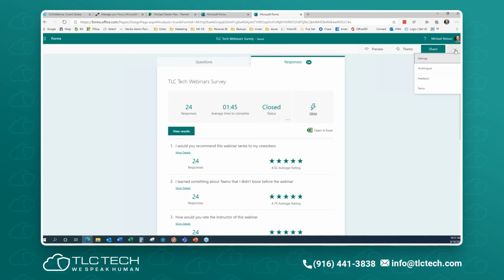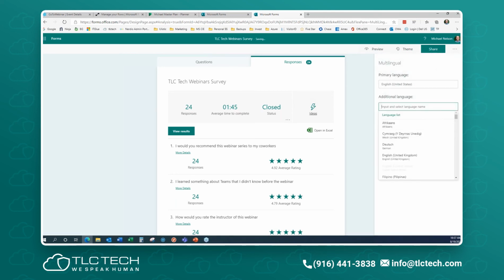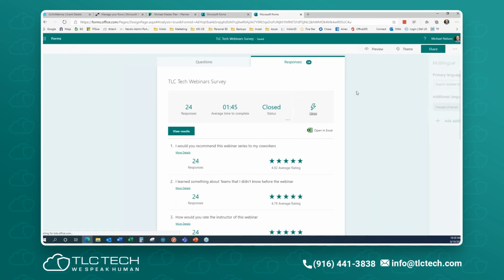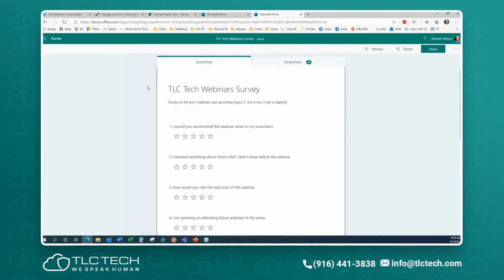You may also have noticed in here multilingual. I'm only going to show that because it isn't as cool as you would think. I'm going to do French, which is my other language, and do this. Now, when I go in, let me see, I'm going to share the preview.